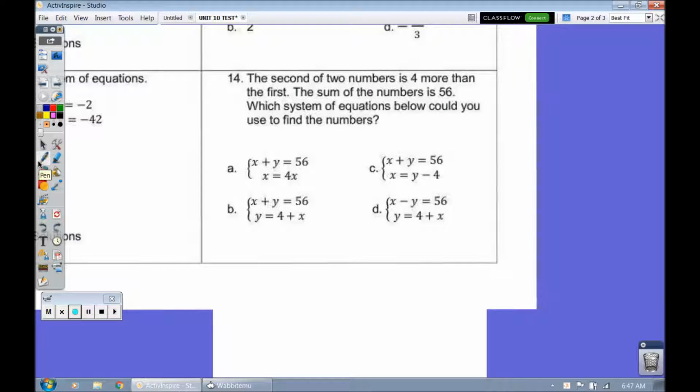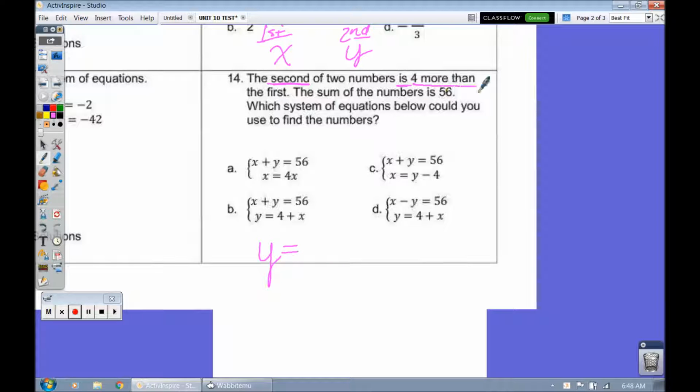14, the second of two numbers. So we have two numbers. We have a number x and we have a number y. We'll say this is the first number, and we'll call this guy the second number. You can pick any letter you want, but since they're using x and y in the problem, that's what I'm going to use. So the second number, y,